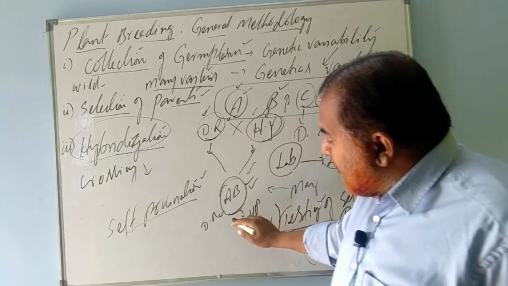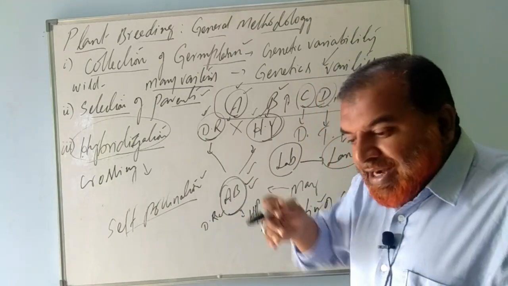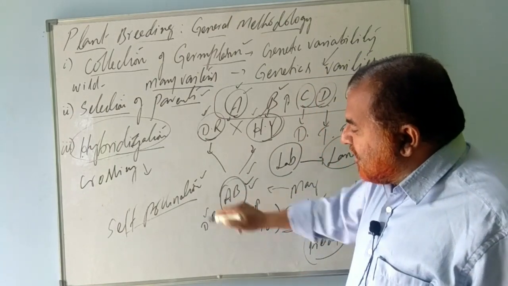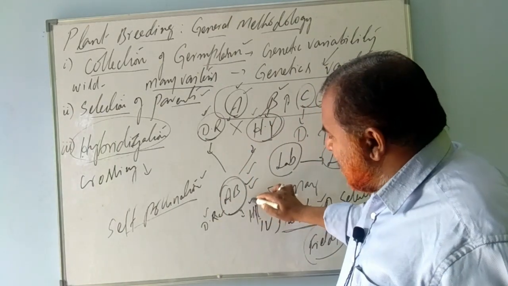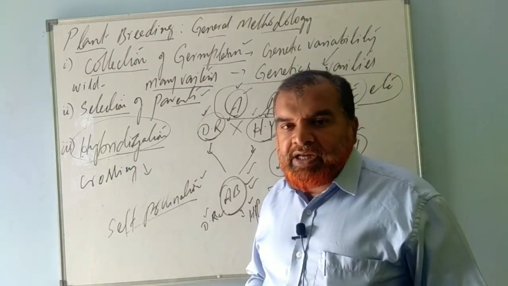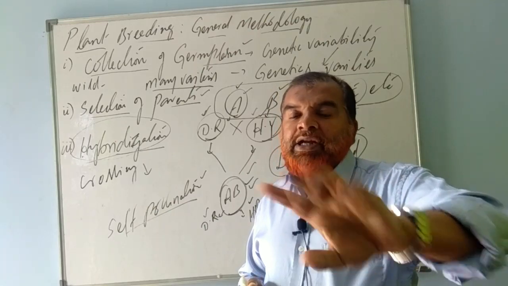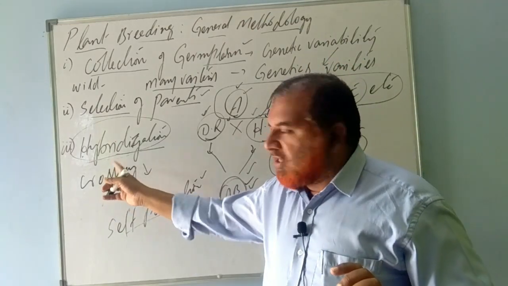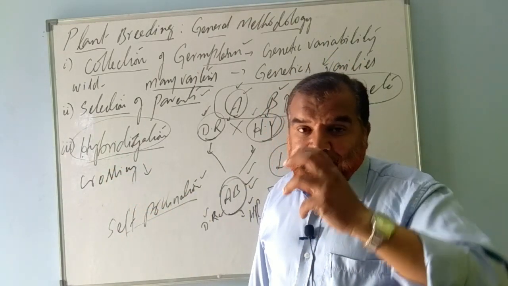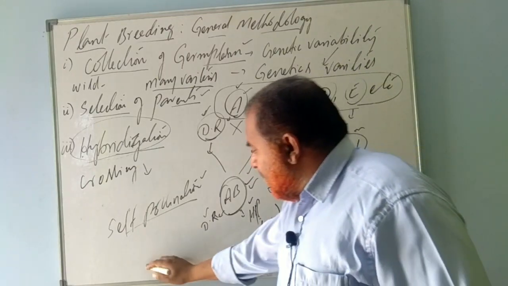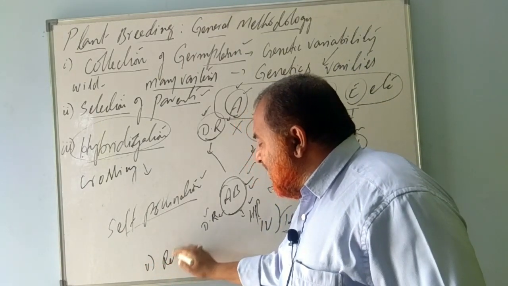Then, after testing many times, when they repeatedly show that the disease resistant character exists and the high yielding character also exists, both these characters are expressed in a single plant, then it is a successful breed, a successful cross, a successful hybridization. Then such a plant, what is the fifth step? It will be released in the